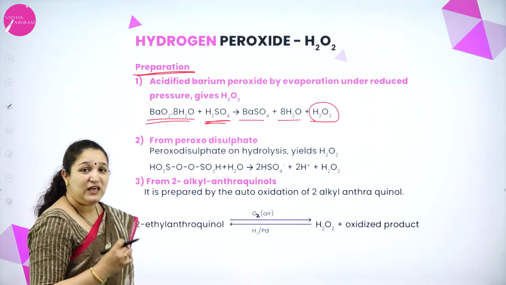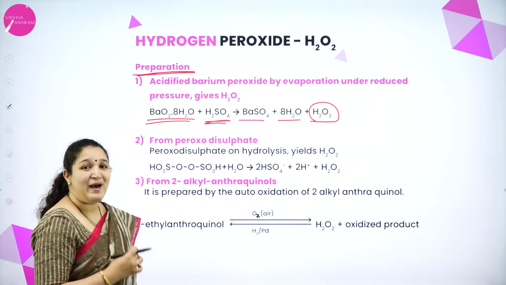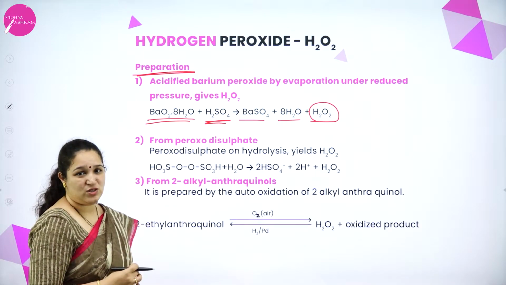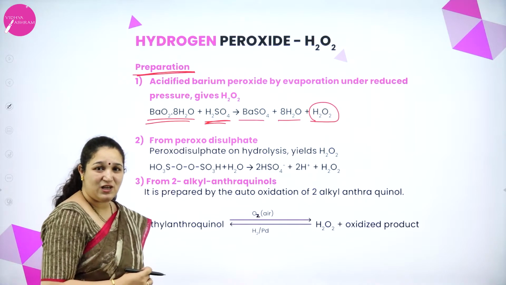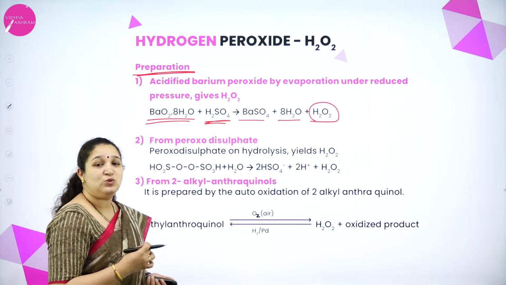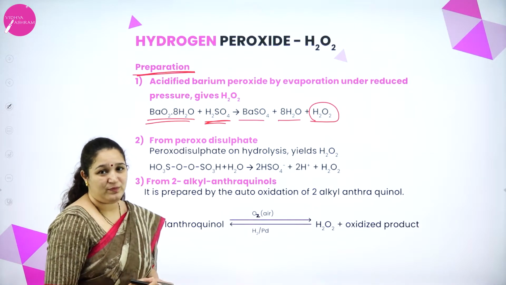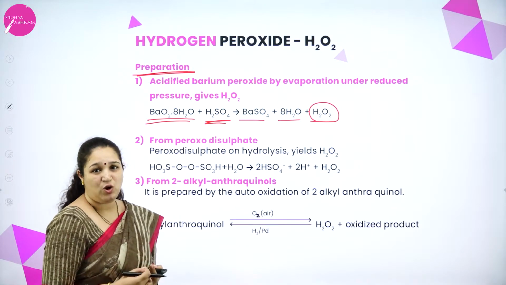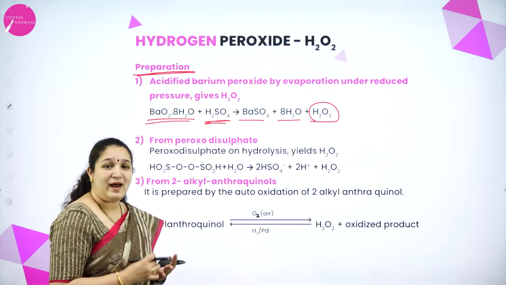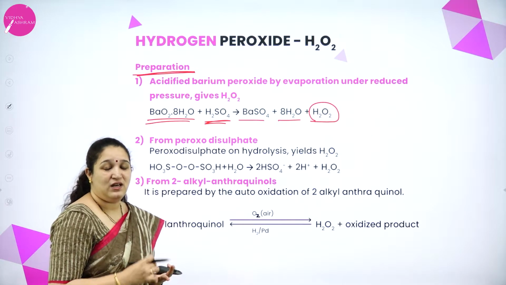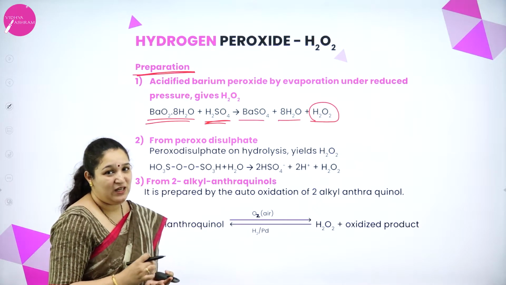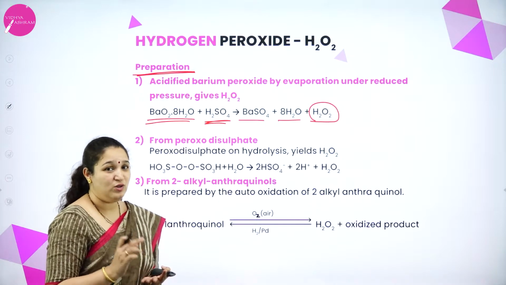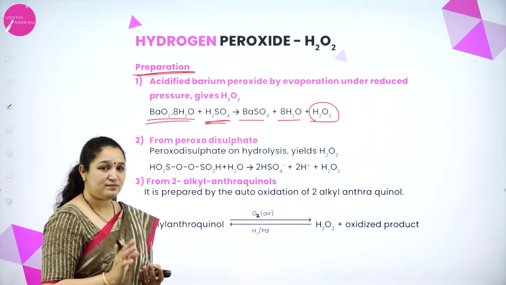Thus, your equations should be balanced chemical equations. If you do not balance the equation, it is equal to not writing it at all. Okay, you will not get any marks if the balancing is wrong. Please take care to write and practice all of these equations. Okay, and also learn to balance.